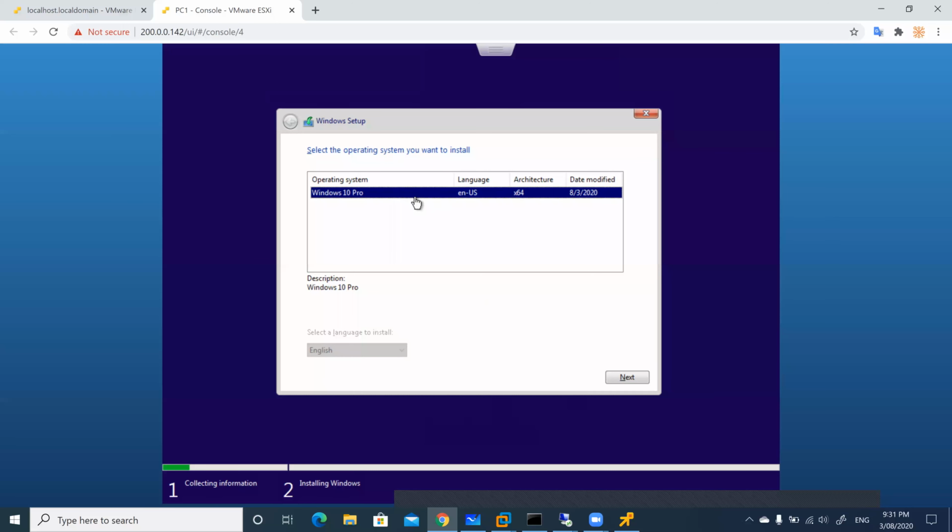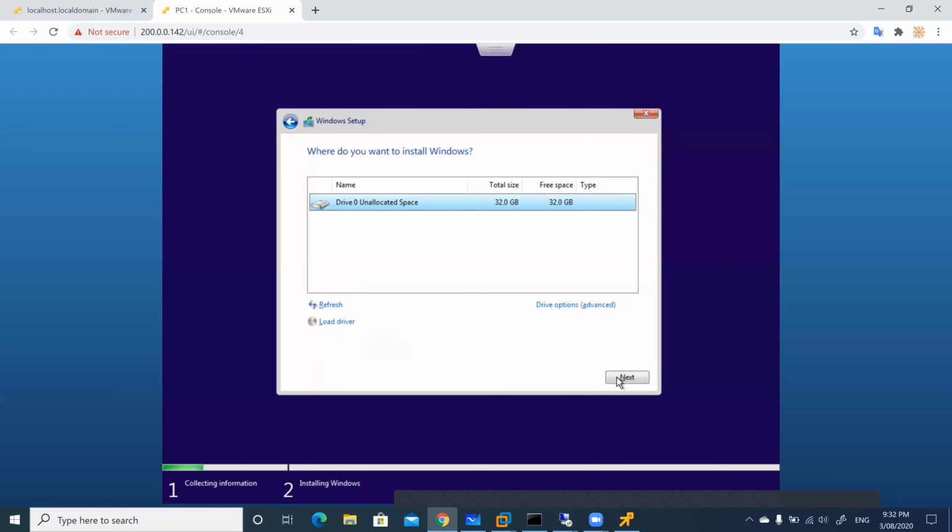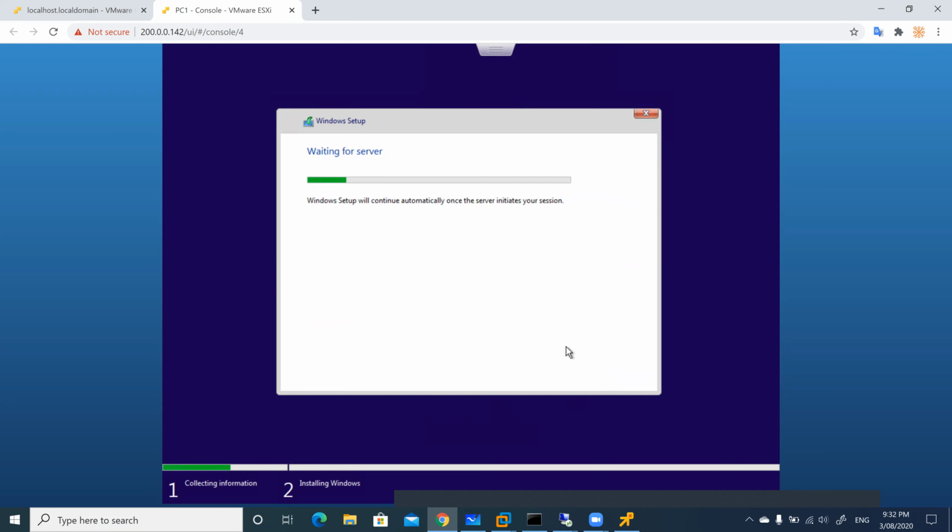You cannot see any other. Click on next. Click on next. Now it will install the operating system. After installing the operating system, we will see whether it has been added to your domain or not. That's all.